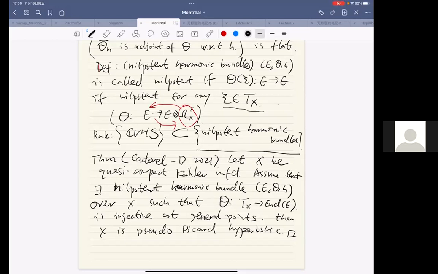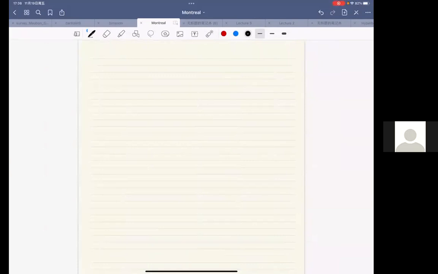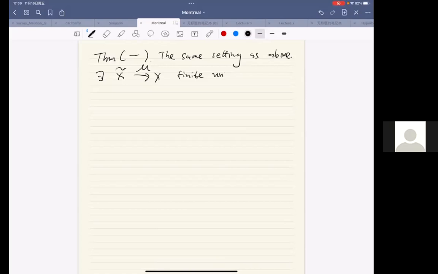Actually, we can say more. Recall, there's another interesting theorem, but I think I have no time to give the proof. I would just state it. So the same setting as above. Then there exists a mu, which is a finite unramified cover